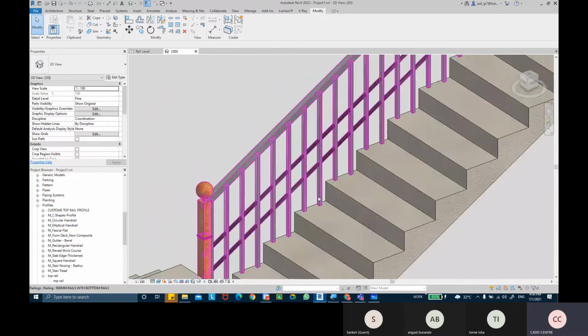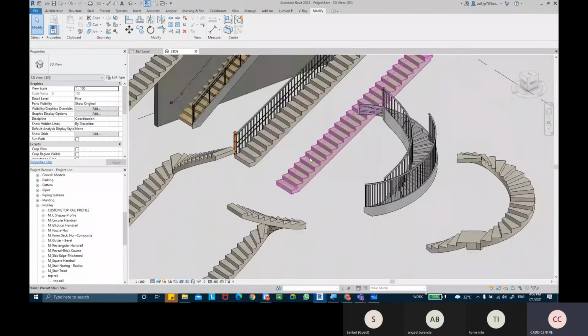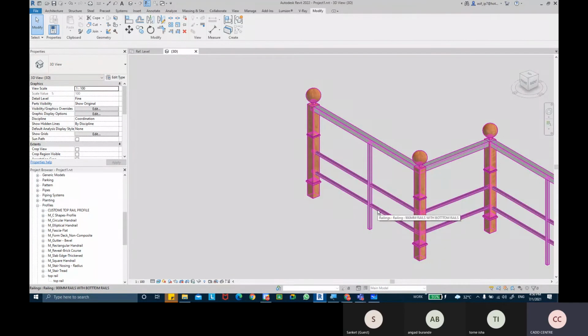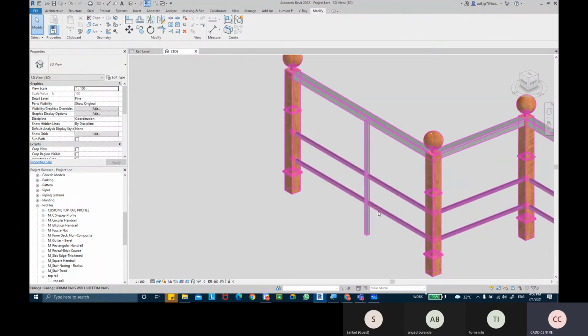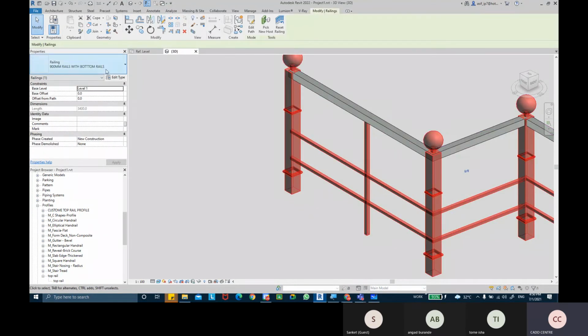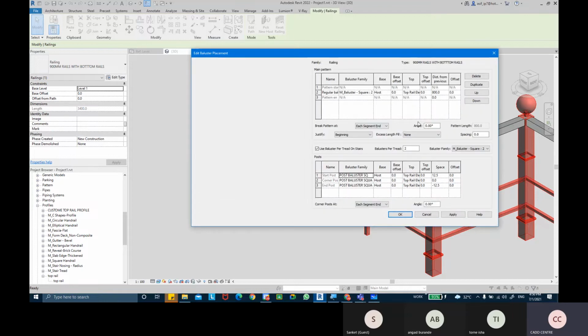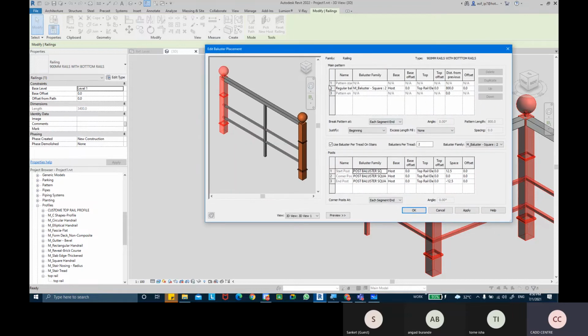Now if you want to apply that family on that railing, we have this over here as well, the same type of family. We can see right now it's a square. So I'm going to select this and come into edit type. We have already duplicated the type, so I'm not going to duplicate it again. I'm going to come into the baluster placement and select that main pattern.